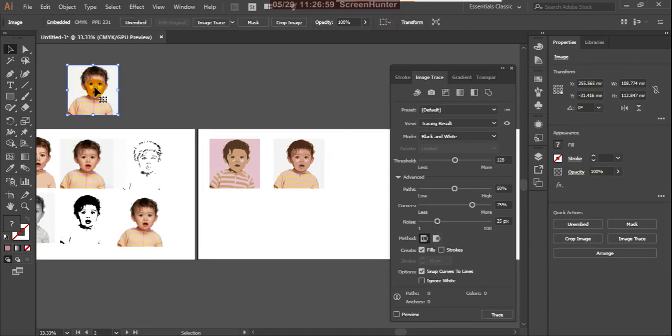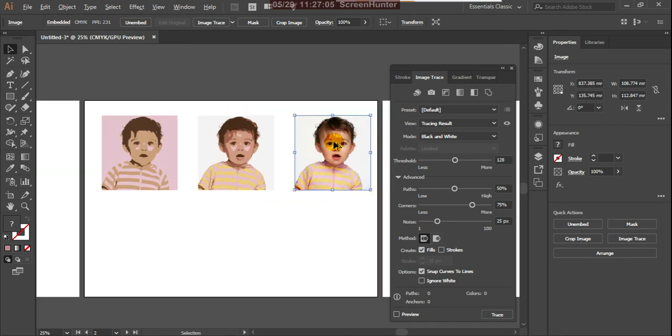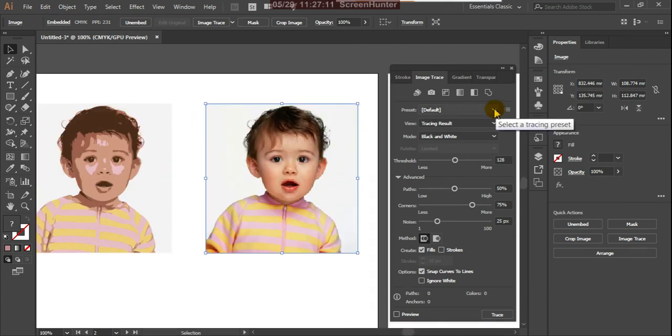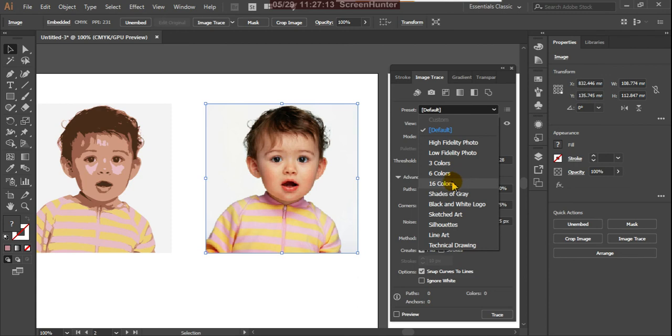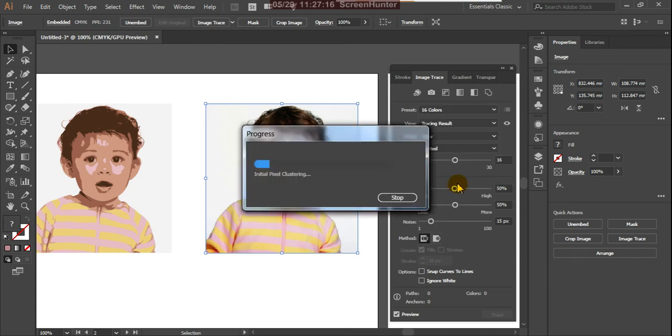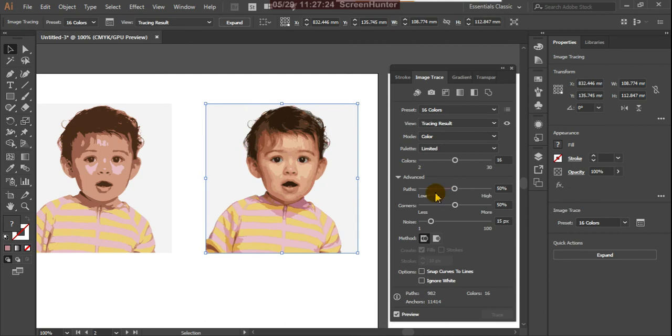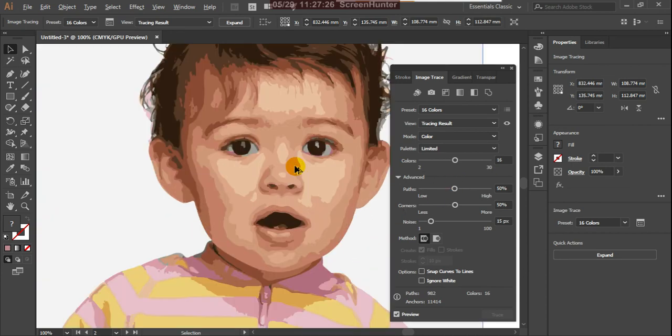Okay, and here again you can use 16 colors. See, 16 colors are more realistic.